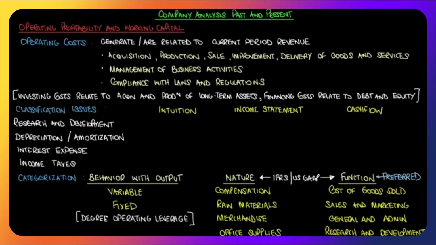So here we go. Operating costs. They generate and are related to current period revenue. This we know from the world of accounting. They are incurred in the acquisition, production, sale, improvement,